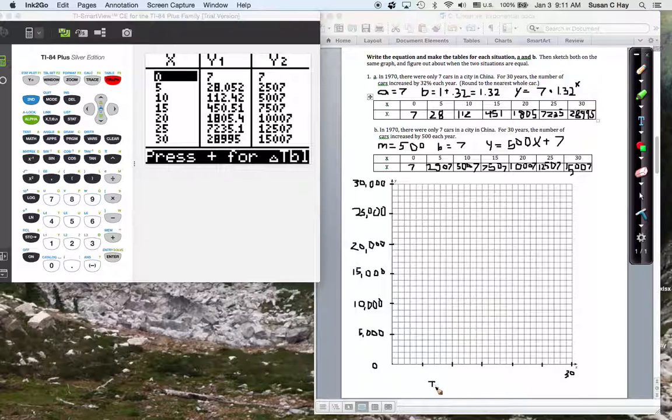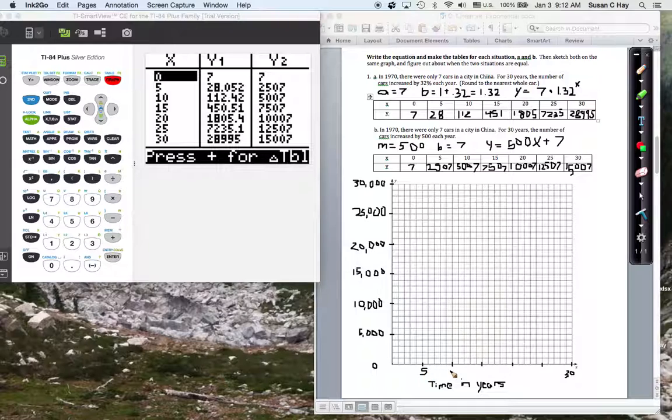I can write in this direction. It's a little bit easier, but I don't want to try to write sideways, I'll just make a big mess. Time in years. So time in years is your x-axis, and number of cars should be labeled on your y-axis. Of course, you're going to be able to write better than me. So we have 5,